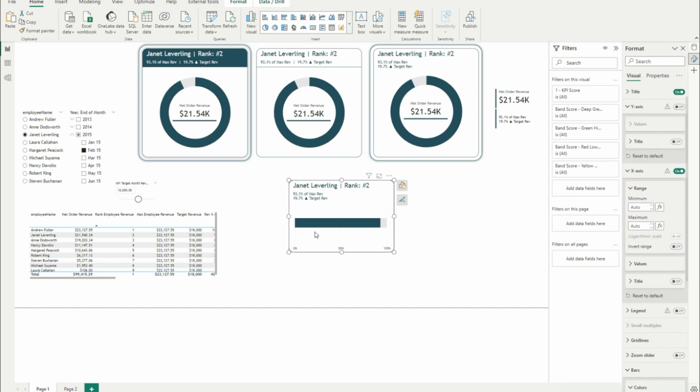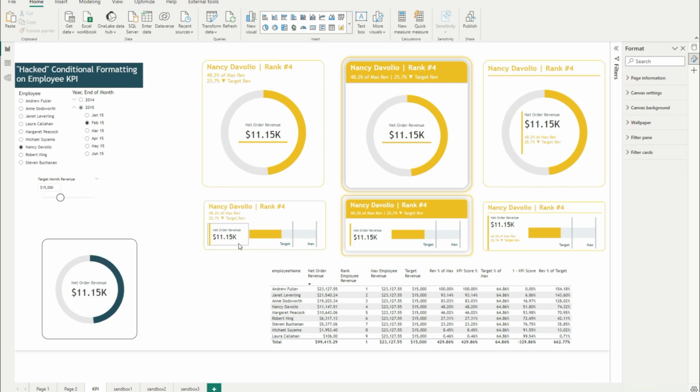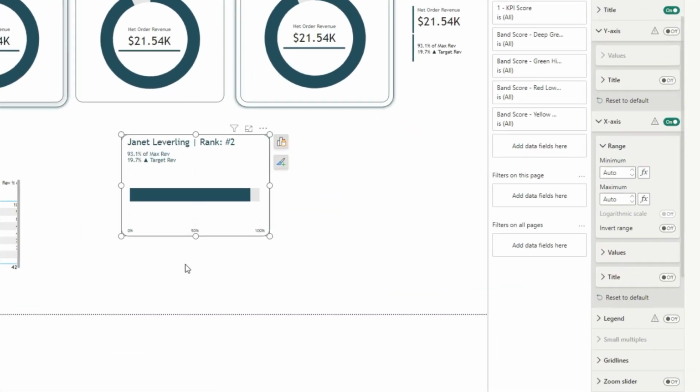But one of the key hacks here, I know if you've seen my other versions here, we have this little revenue value here and here, and we managed to push this off to the side. So there's a bit of a hack that we can make this happen. So if I go back to my working file,